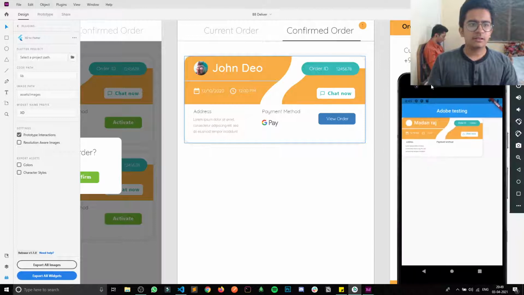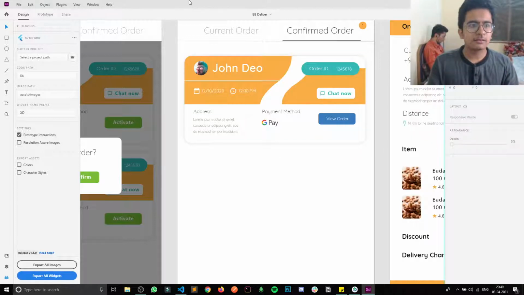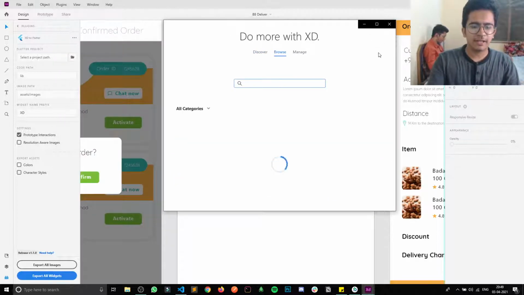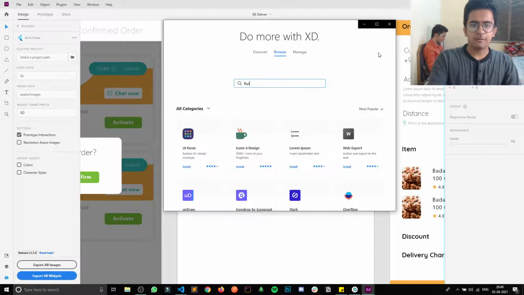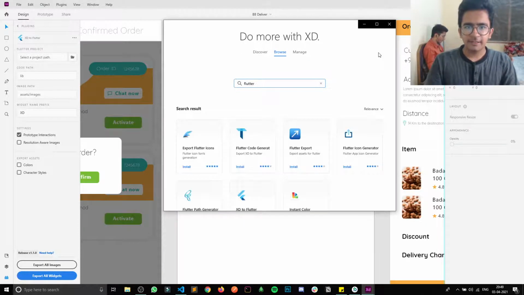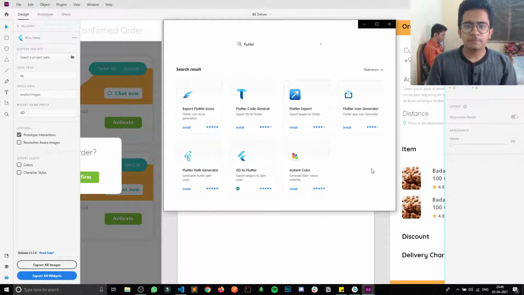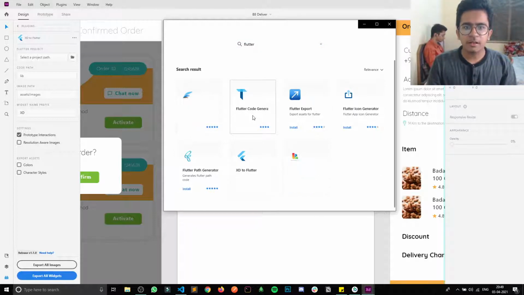If you want to get that plugin, you have to open Adobe XD, which is free. Inside it there is a plugin section. You click there, go inside Discover Plugins, click on search and type Flutter, then enter. There are multiple plugins, like Flutter Code Generator and so on.